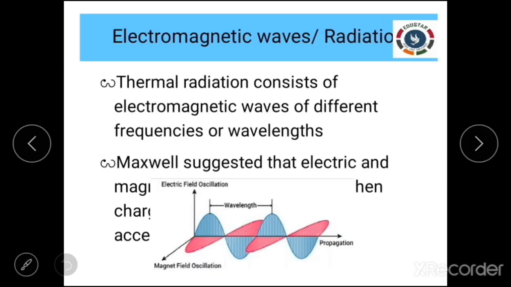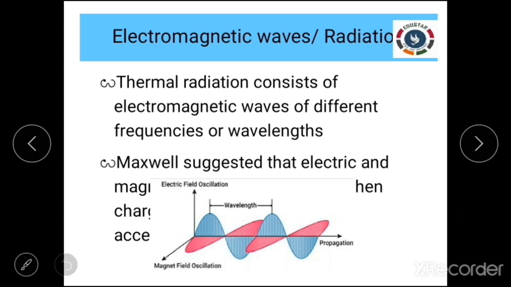Now I want to talk about electromagnetic radiation. Before going into this, I should recall how the history of light developed, that is, how scientists previously understood light. In Newton's period, it was believed that light was made of corpuscles. In the middle of the 19th century, scientists studied the absorption and emission of radiation by heated objects. This thermal radiation is composed of electromagnetic waves.